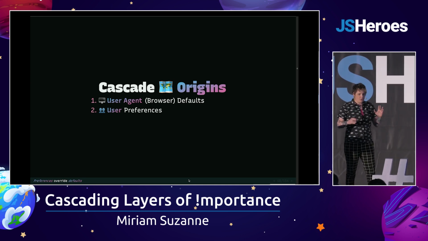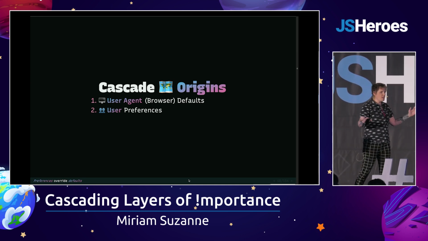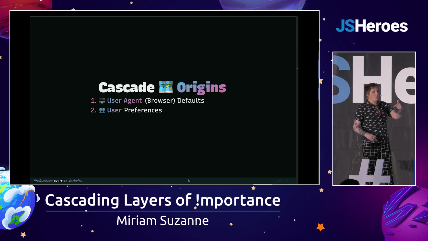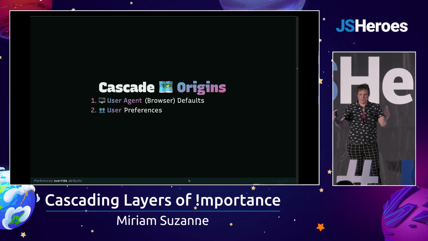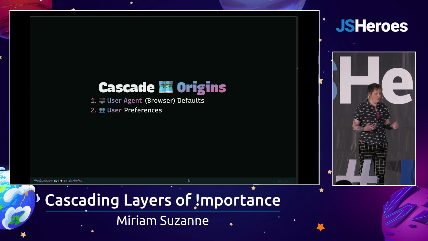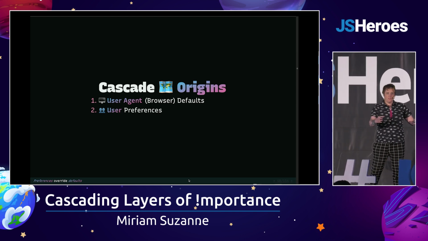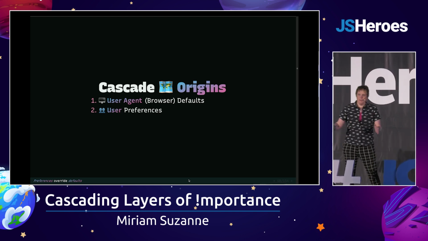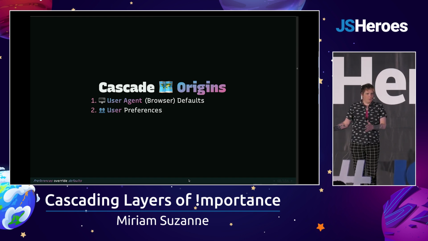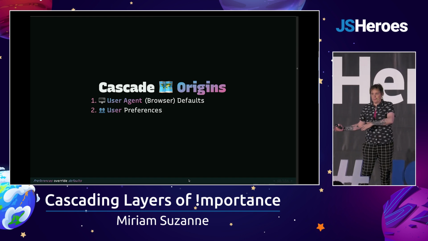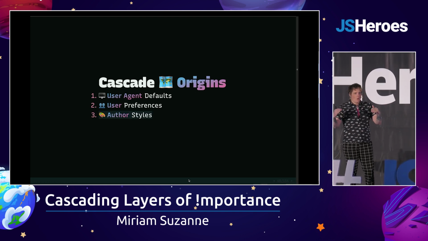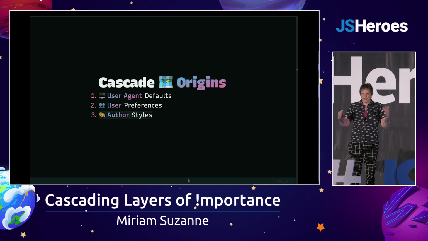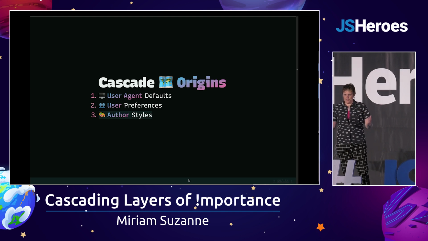So we've already seen the first 2 origins. This is the first step of the cascade, and it's also the first reason we have the cascade, is solving this problem. Who goes first? Who overrides who? So the user agent already provided some styles, and the user was able to provide preferences, and the user's preferences just override the browser styles by default. And it doesn't matter the specificity. Origins override each other in order no matter what specificity we use.